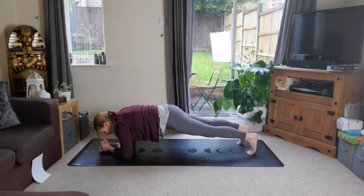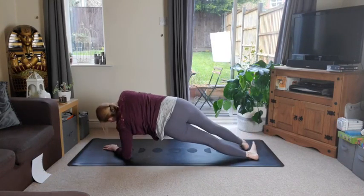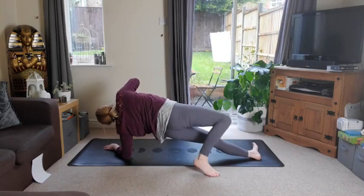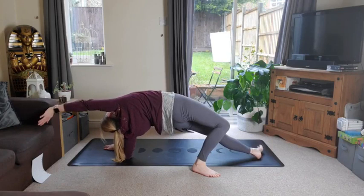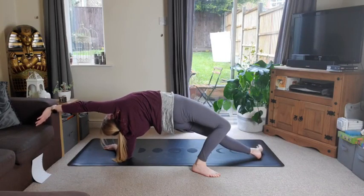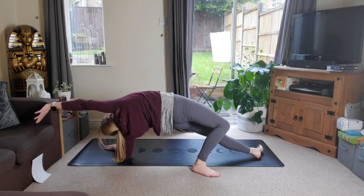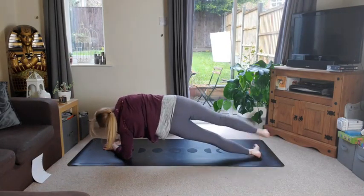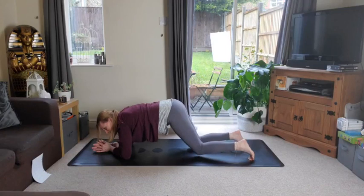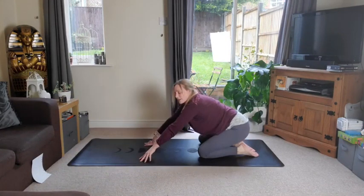Going back up to your forearm plank, so keeping that right arm down this time, roll onto the edges of the feet, then stepping the left foot behind you, lift the hips, extend that right arm back. Lovely. Rolling back into your forearm plank, draw up the knees, and then start to walk the hands back, knees